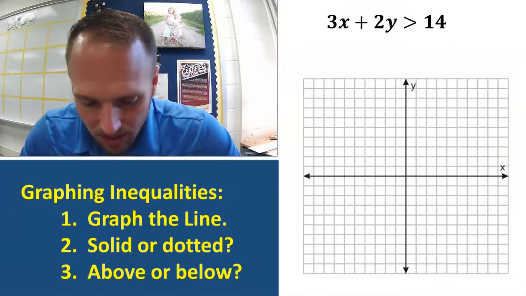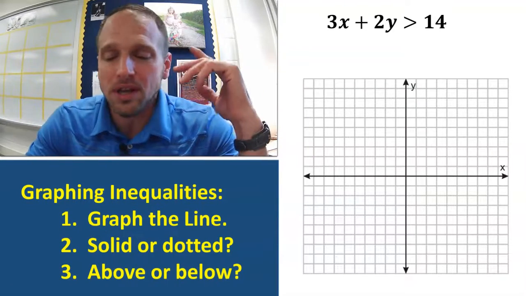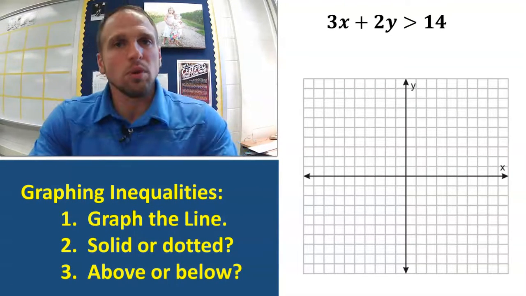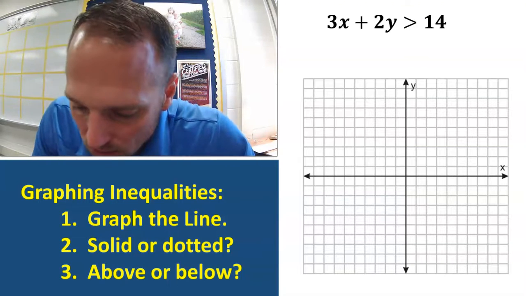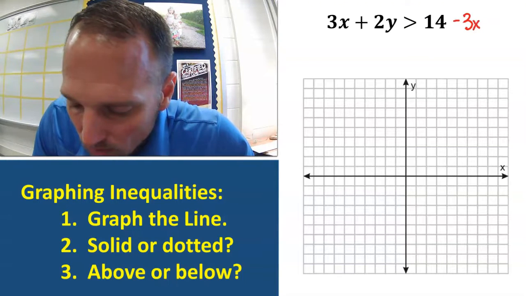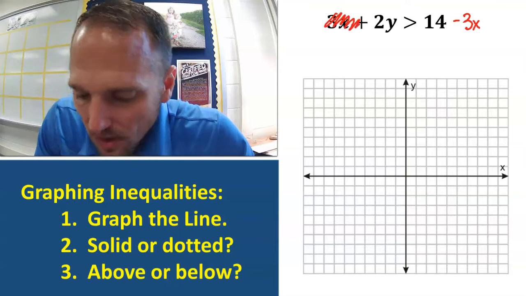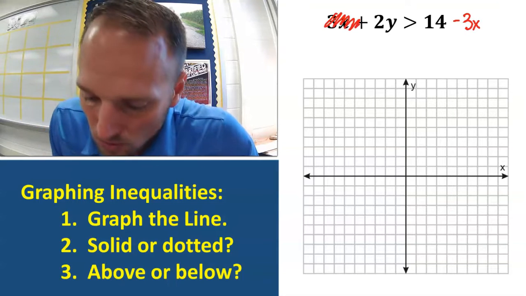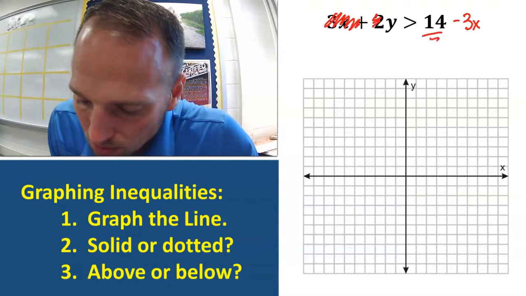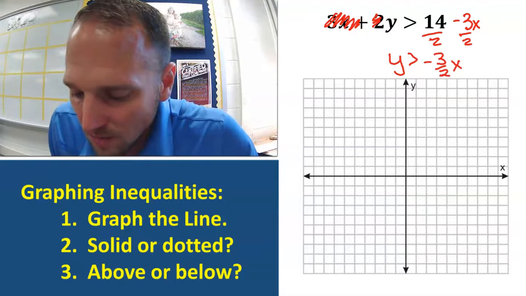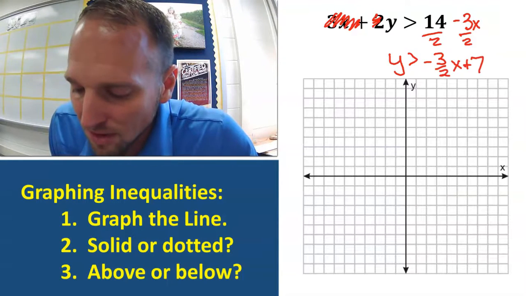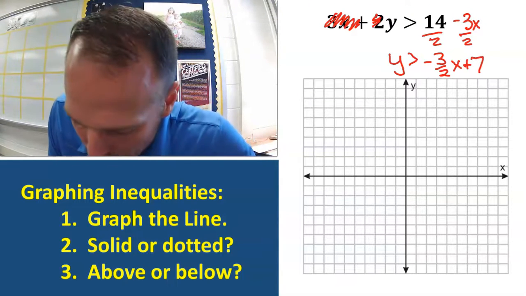This one is hard because it starts in standard form, but don't worry, we know how to solve it, right? Subtract the 3x over and then divide by 2. So I'm going to divide by 2, divide by 2, divide by 2, and I've got y is greater than -3 halves x, and 14 divided by 2 is +7. Okay, so let's graph this. +7,